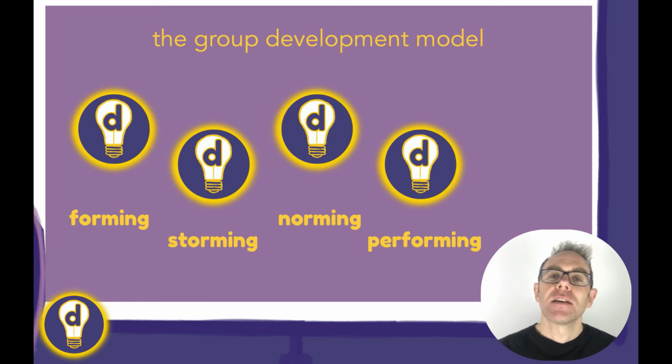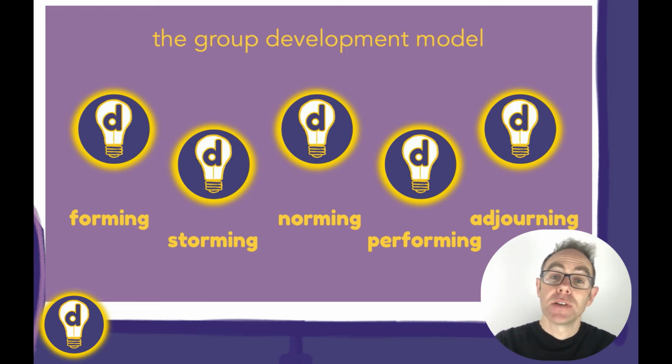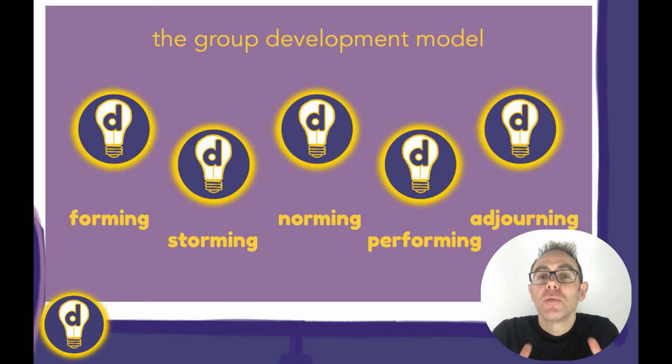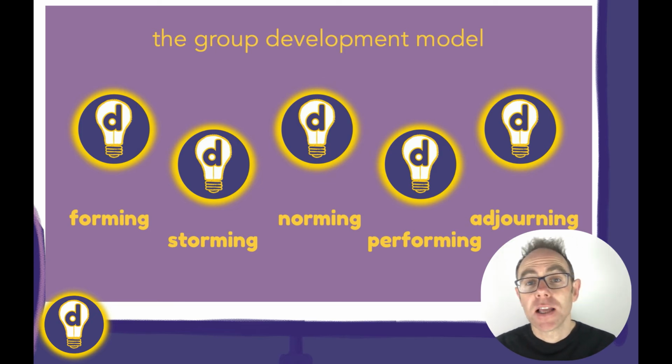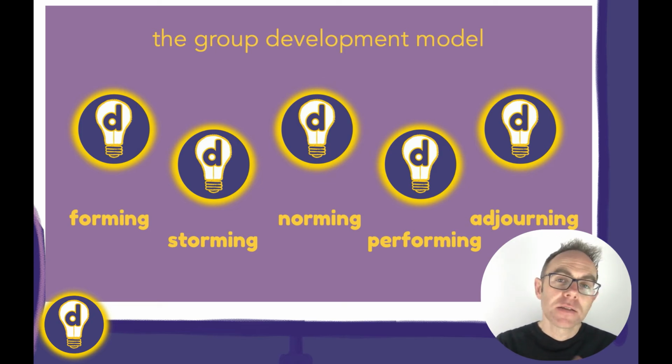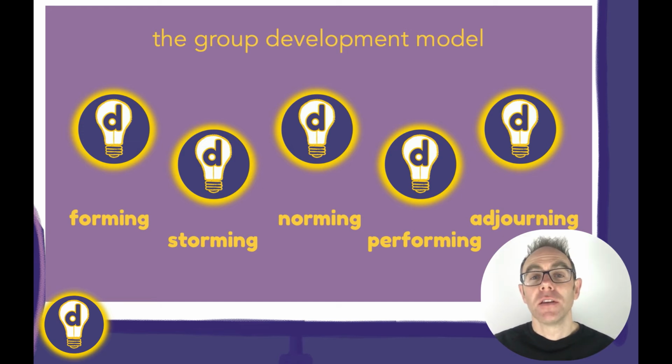Now, Tuckman later added a 5th stage, which he called adjourning, and this is quite useful. This is the stage where the team disbands after completing the task that it set out to achieve. And the important thing here from a learning design perspective is to acknowledge this stage and design in a way for the team to celebrate its achievements. Now, this might not be appropriate for all teams, but for those teams who want to celebrate their successes, this adjourning stage can be a powerful moment where team members really consolidate what they've learned through the team